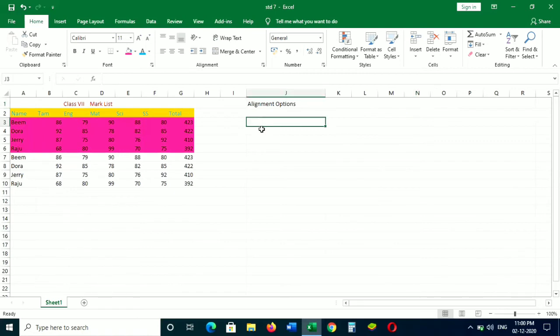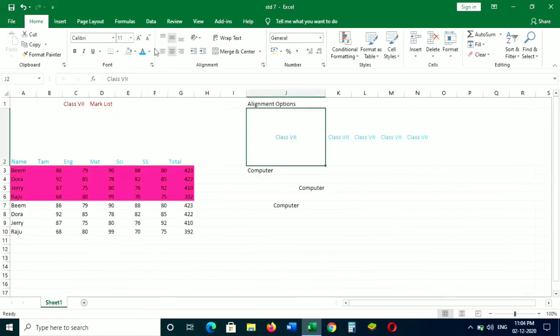To align between the left, center and right side of a cell, select the cell you wish to align. On the Home tab in the Alignment group, click the center icon to center the data in the cell. You can see the data changed into center. Then choose Align Text Right and Align Text Left. You can see the text aligned data.